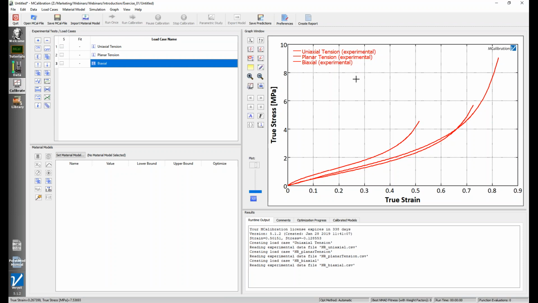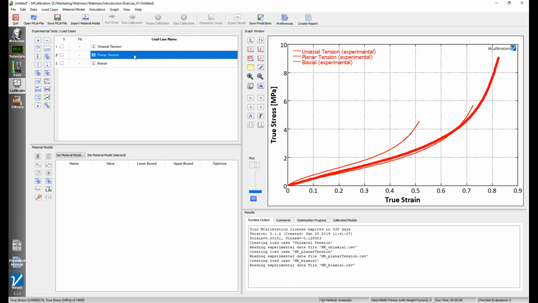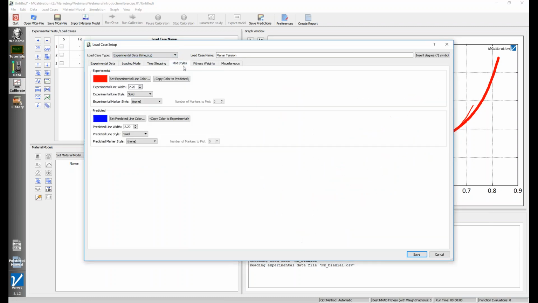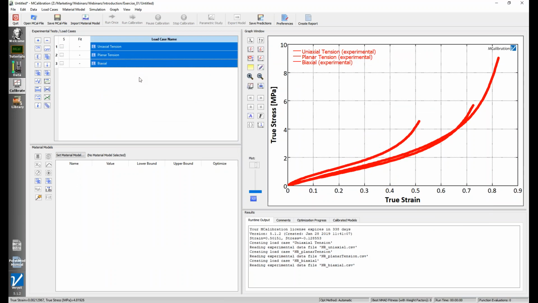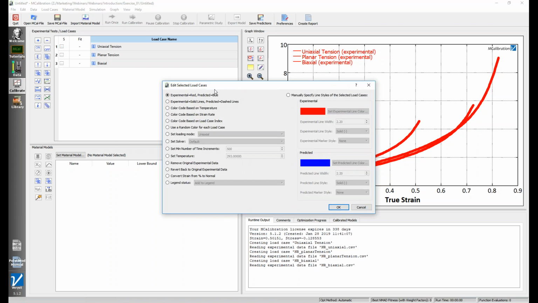So right now our plot is showing true stress versus true strain, and everything is shown in red. So it's really hard to distinguish what each one of these is. We could come in and edit the load case by double-clicking on it and changing the plot styles here how we want. But another nice trick that you can do is if we select multiple load cases, and if you hit Control-E, E for edit load case, you get a dialog box that'll change settings for multiple load cases at